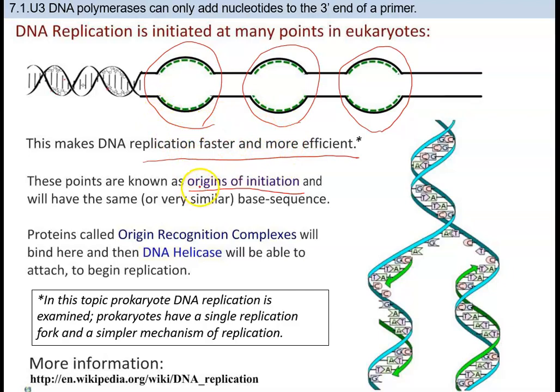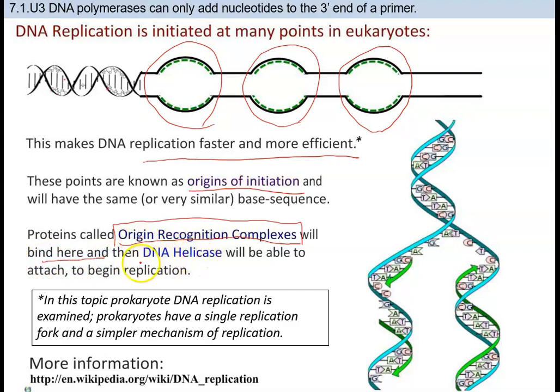Proteins called origin recognition complexes can recognize this area, in order to start replication in multiple places. These proteins can bind, and then after they bind,